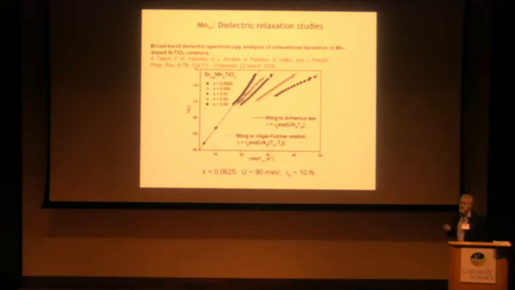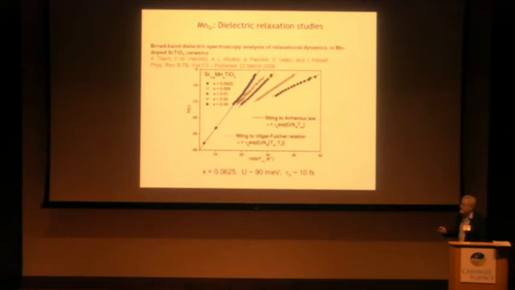Those results are for 0 temperature. They're DFT results, but interesting things happen at finite temperature. So dielectric relaxation studies show some resonance, and depending on the fit you do, you get Arrhenius law fits, so they show a barrier, which is concentration dependent, I should say. And if you take these results and extrapolate them to the concentration that we've studied, you would get a barrier of like 90 millielectron volts and a characteristic attempt time of 10 femtoseconds.